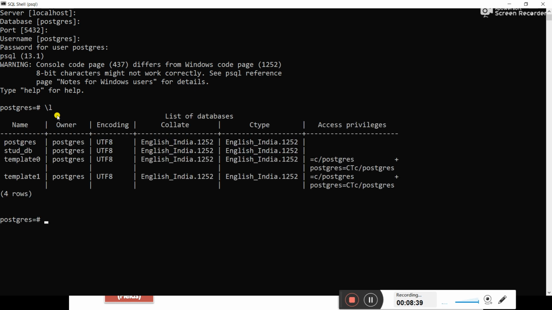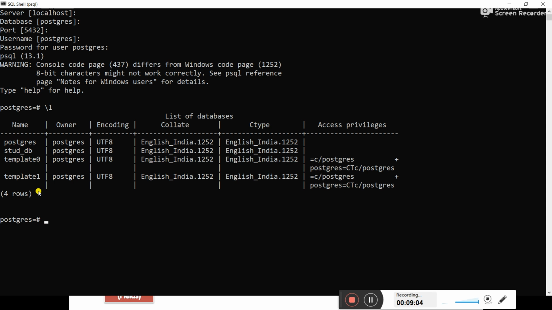Slash l will display the list of all the databases in the PC. These are the databases which are there. First one is Postgres, which is the default one. Then student DB, the database which we created in the last lecture. Then template 0 and template 1. These are four databases which are already created.